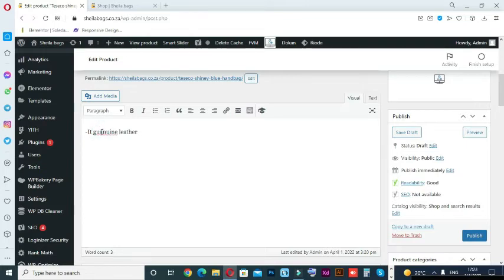Genuine leather, 100% genuine leather, and everything that will make your customer know the product. Because the idea of these descriptions is